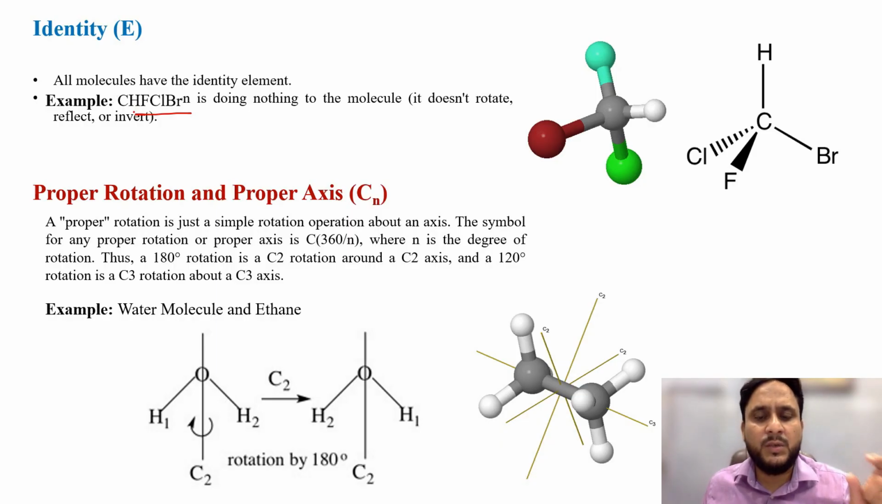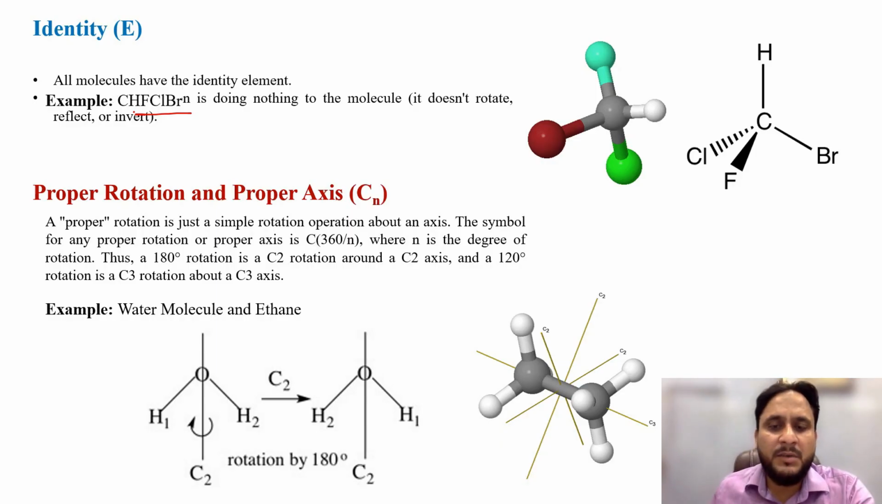So in that case we can say that the molecule has an element of identity, and since all molecules remain in their original form if they are not disturbed, if no action has been performed on them, we can say that this element of identity, which is represented with the symbol E, is present in all types of molecules. Whether the molecule is a chiral molecule, meaning all four groups are different,